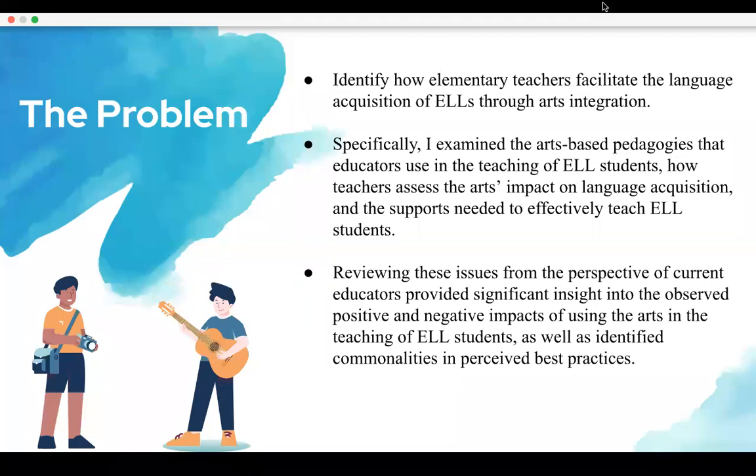The problem. As the population of multilingual students in Canada increases, there has been a call for more research examining aspects of learning beyond text-based instructional methodologies, specific cognitive strategies, and curricular choices for young linguistically diverse learners. The research that has been done seems to focus on how to utilize artistic practices when teaching multilingual students. However, there is a lack of research reviewing how the arts impact language acquisition. Further research is required to identify its impacts and the challenges and barriers teachers face in implementing arts integration with